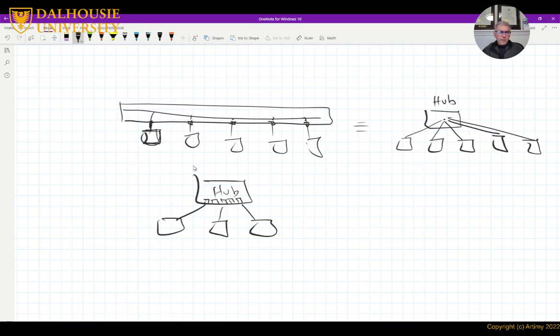Internally, the hub works like the bus. So in terms of function, the hub and the bus are working the same way, which means that anything the node transmits will be listened to by everybody else, right? So we still have the problem of collisions, having two nodes talking at the same time. But we solved the topology problem.